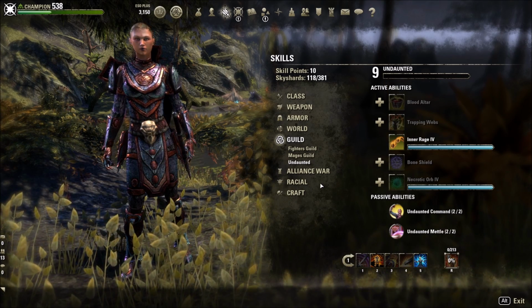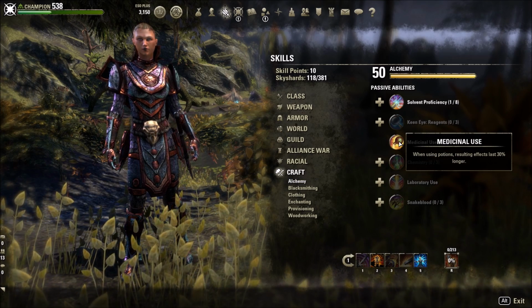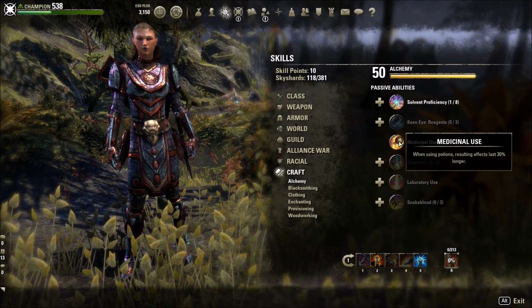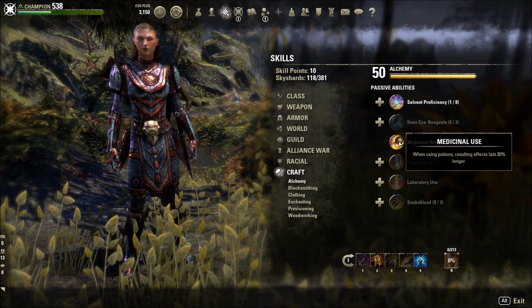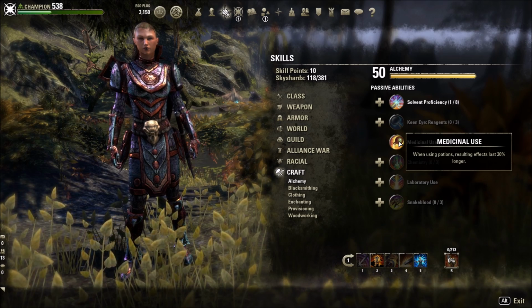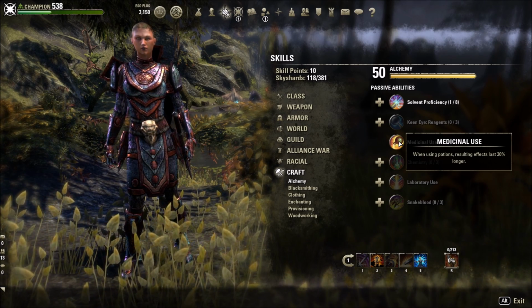Anyways, there's also one last passive I want to talk about, and it is in the Alchemy line and its medicinal use. So basically this is going to have the resulting effects of our potions last by 30%, and what this pretty much means is if a potion gives us Magicka recovery, let's just say 20% major intellect, for a certain amount of time, it's going to increase that by 30%,